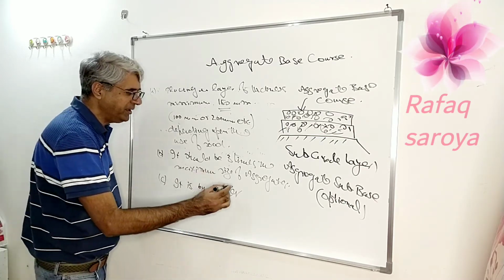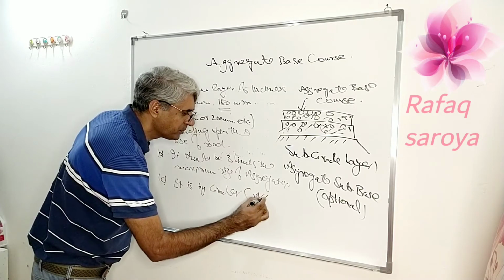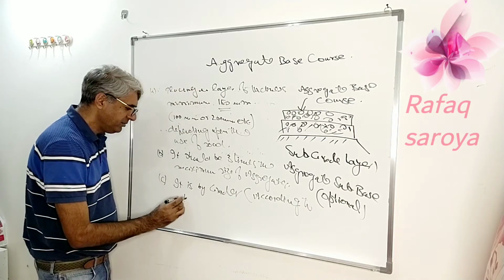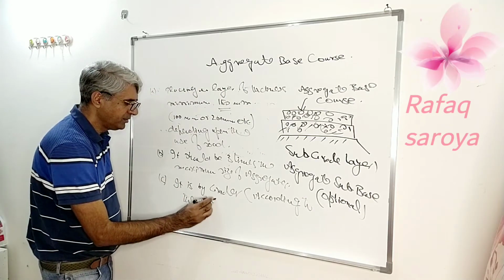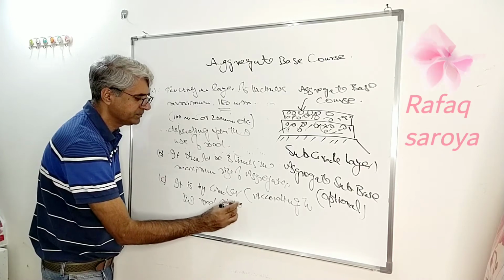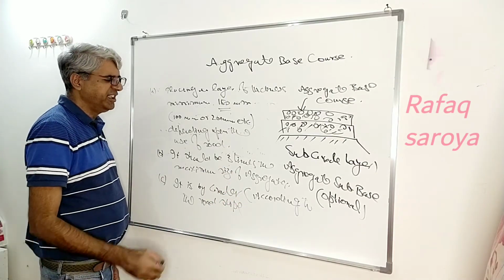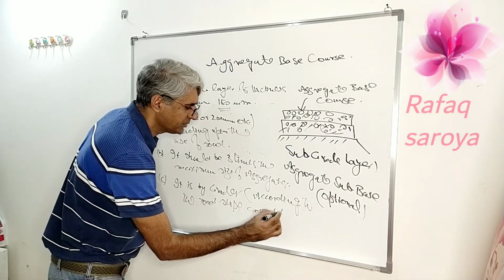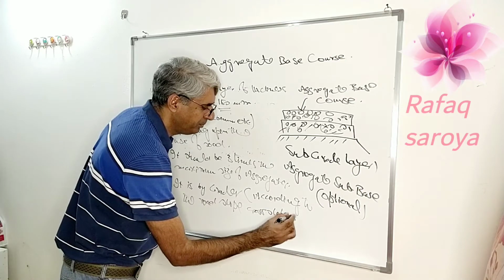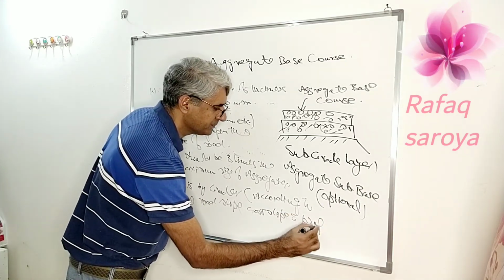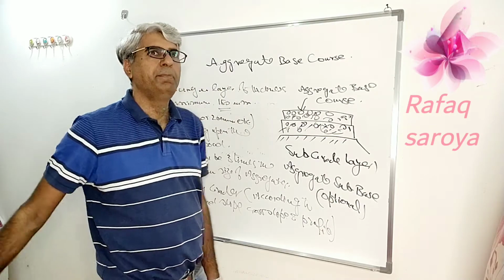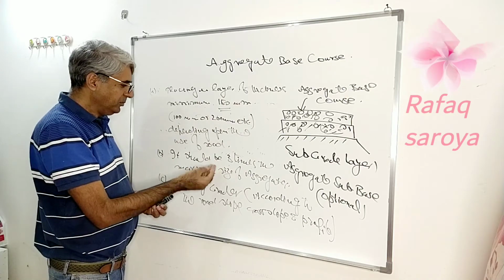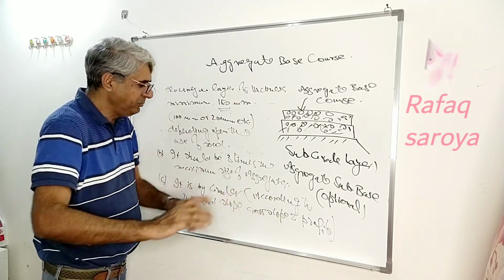When it is laid down by the grader, according to the road slope, known as the cross slope, and profile. We have, first of all, discussed this material and its thickness. After the thickness, we have reached this with the help of the grader, and we have laid down this layer.